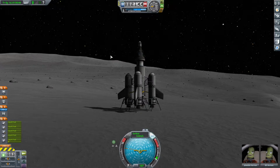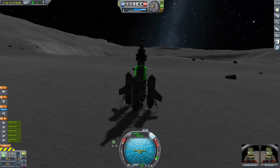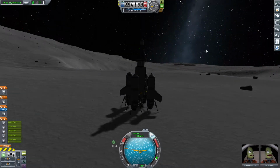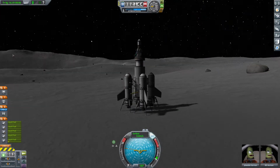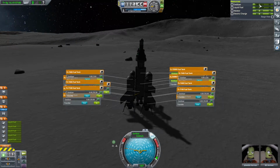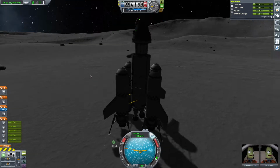So I'm not sure if it was just my bad lander design, or if it really was just me not choosing the best landing spots. And, well, you can see all the terrain around here is actually indeed rather steep. But on the 3rd or 4th attempt, we finally made it, and we're a bit low on oxidizer and liquid fuel at this point,